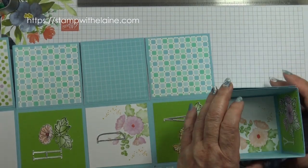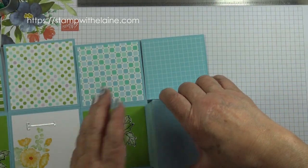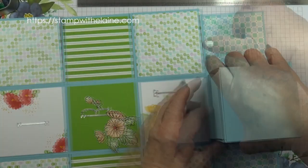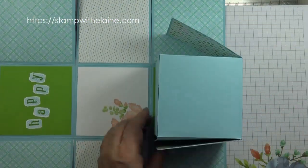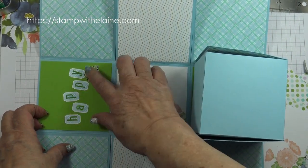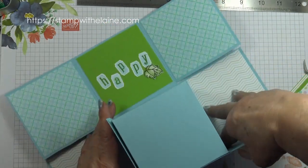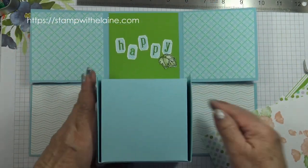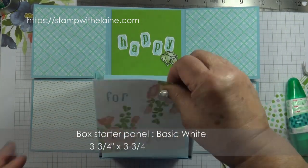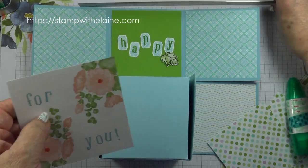So let's shut it. So you shut the two sides, roll it over, shut the two sides. I wanted to add a leaf there so it wouldn't look so bare, and I've popped that up on dimensionals. So when you get to this section here underneath the happy birthday, you want to glue this piece on, and this has been cut at 3 3/4 inches by 3 3/4 inches,